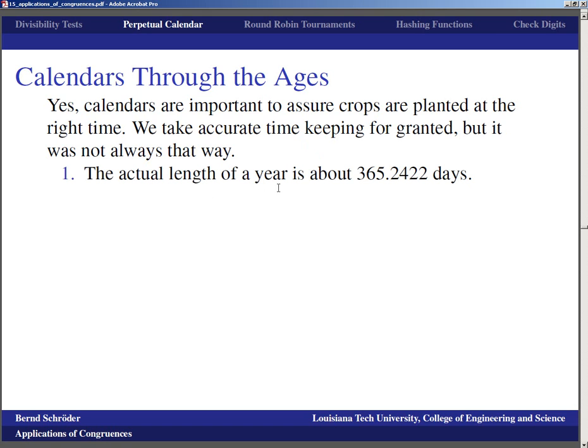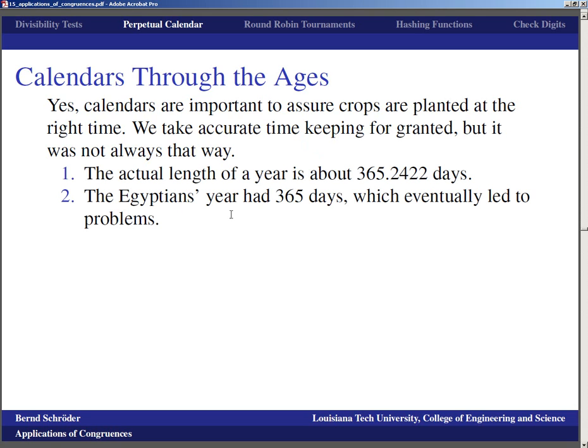The actual length of a year, the actual time that it takes for the Earth to orbit the Sun exactly once, is about 365.2422 days. The Egyptians had a year that had 365 days, and that eventually led to problems because the Egyptian year was a little bit faster than the actual year, so ultimately the Egyptians' calendar got ahead of